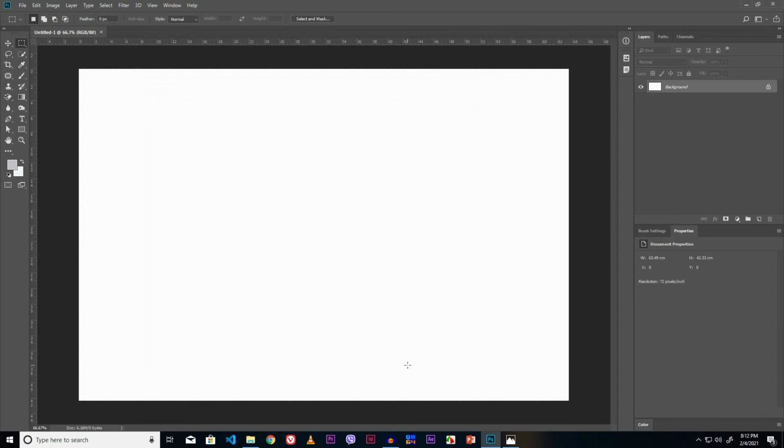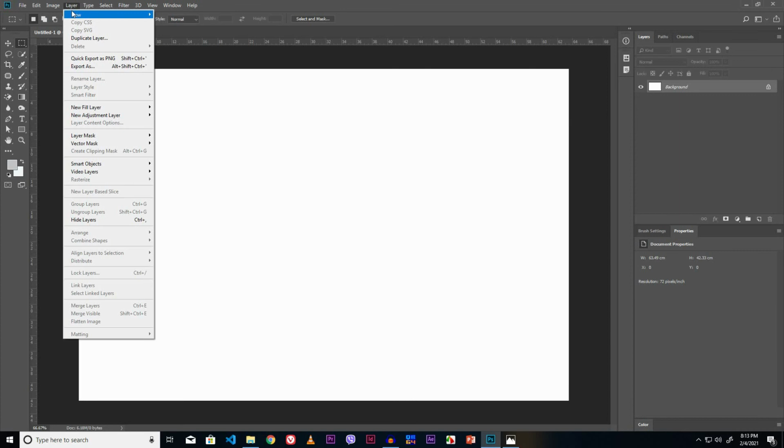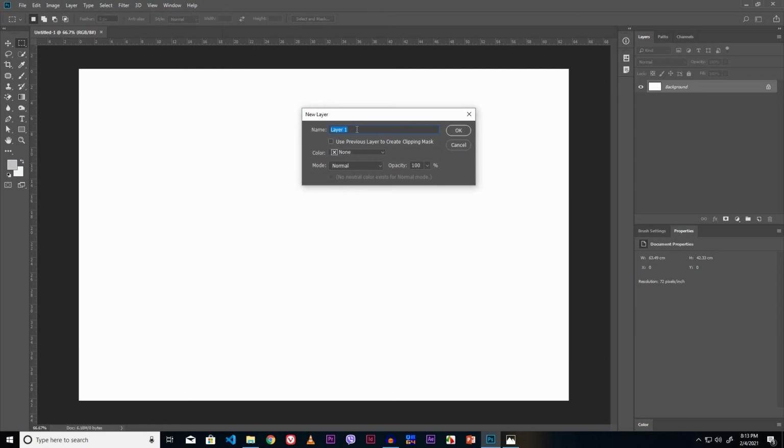Now let's start to draw. Get the new layer. Go to the Layer menu. Go to New and click the Layer sub option. Now you can type the layer name from here. I like to leave it as it is. Click the OK button.